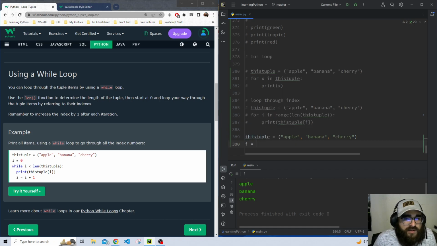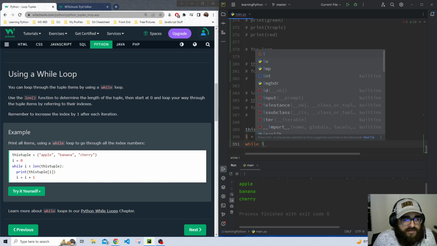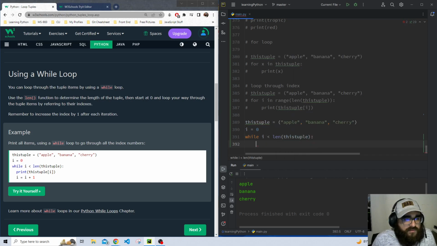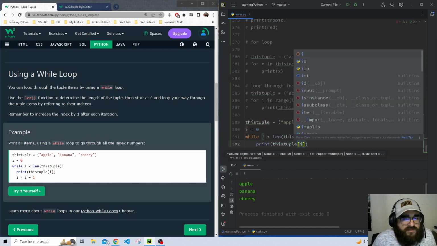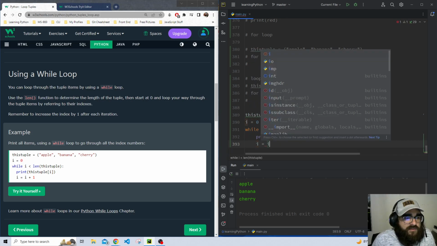Starting at index 0, while index is less than the length of this tuple, we are going to print this tuple at index i for every iteration, and then we're going to add